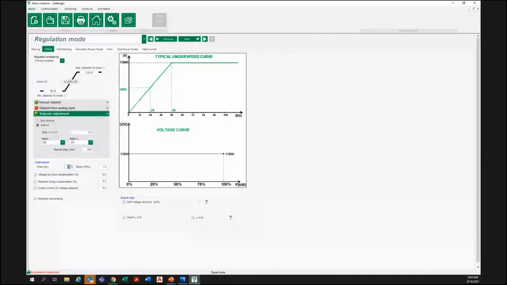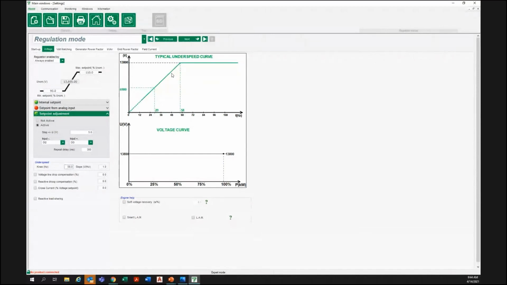And then this is the volts per hertz or under frequency mode. This initiates the mode. So if 60 hertz is our rated, I would typically put that at 58 hertz. So that if we dip below 2 hertz below rated, then it will activate this volts per hertz slope, which is represented up here.